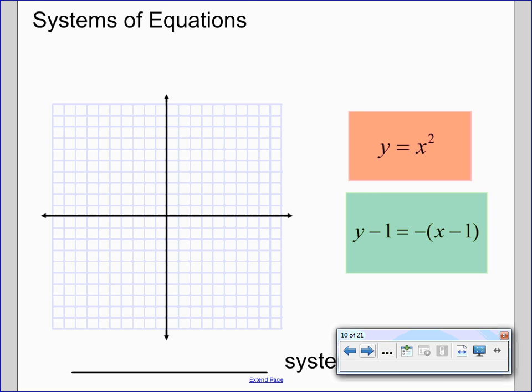Now let's take a look at another system. In this case, let's generate our graphs. And for now, let's go ahead and do this algebraically. So don't worry, we'll get to use our graphers later, but for now we're going to do this non-calculator. We're going to do it by hand. We're going to go ahead and make the red